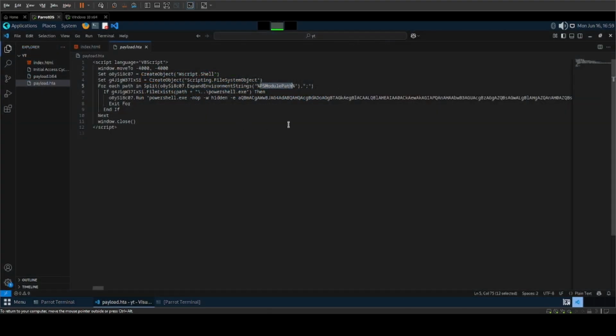So now here on VS Code, this is the HTA file that we generated using MSFvenom without converting into base64. Basically, on this line here, this moves the HTA window off the visible desktop so the victim never sees a pop-up. Then we create two COM objects, and this one lets us run system commands, and this one lets us